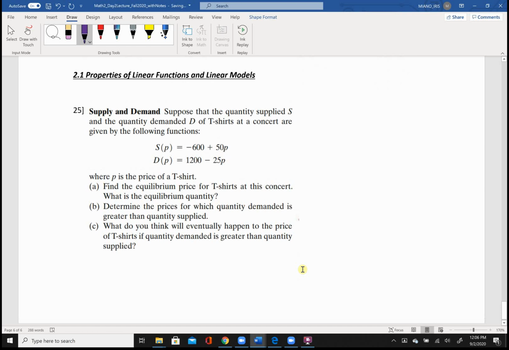We have one last example concerning supply and demand. It's a little bit of a word problem with linear functions. That's what 2.1 is all about. So we have a supply function and a demand function, which is a function of the price of some t-shirts